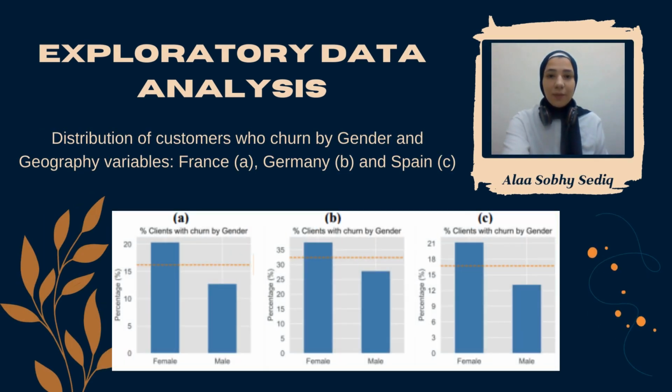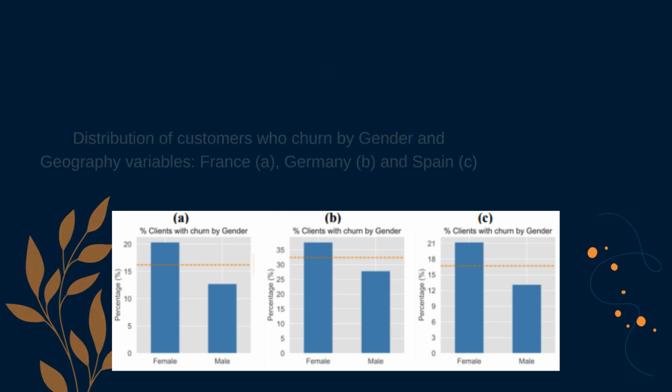This part discusses the comparative analysis of the churn rate by three main variables, which are gender, age, and number of products customers hold. To start with, this chart depicts the churn rate by gender in each of France, Germany, and Spain. We can see that in the three countries, women drop out of banking services to a greater extent than men. For example, in France, the churn rate of women is approximately 20%, while it's just 13% for men. Also, Germany is noted to have double the churn rates for both genders than France and Spain.